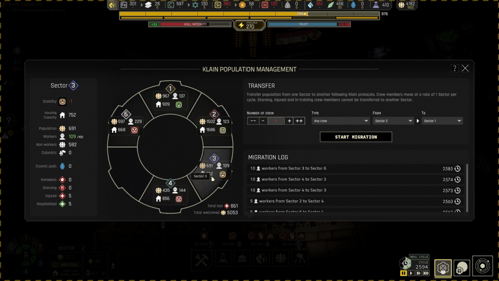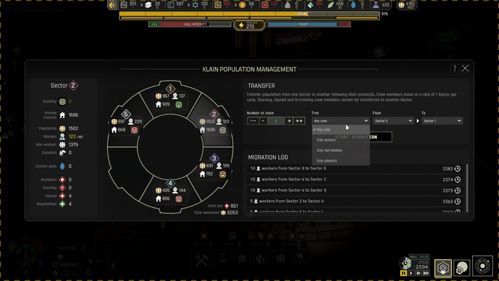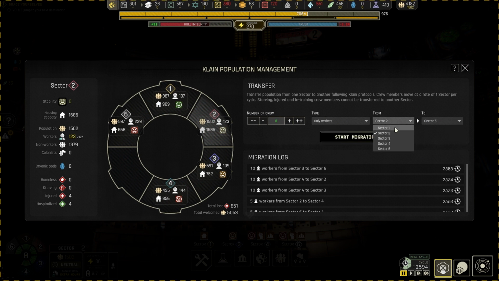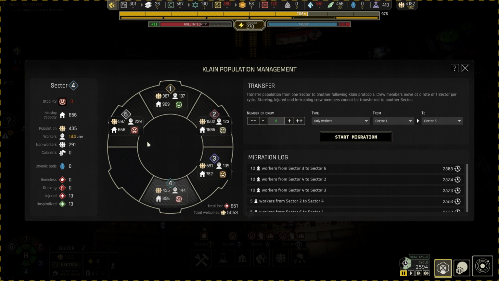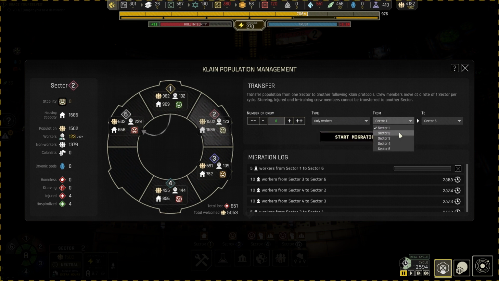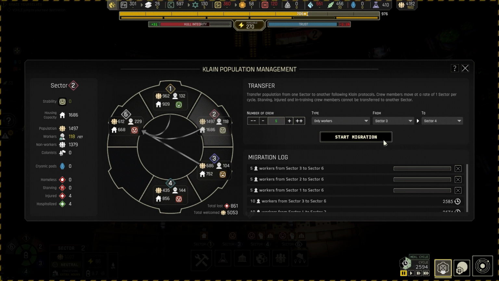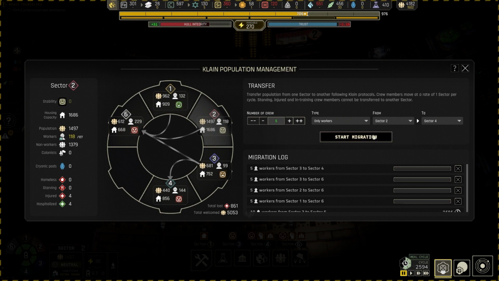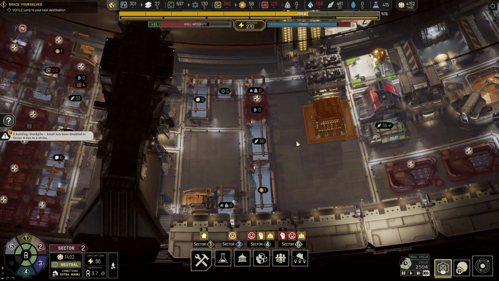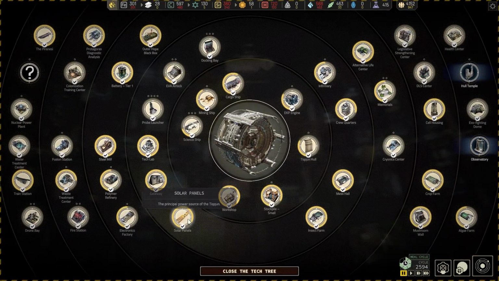Certain sectors need more workers, and we don't have enough cryopods because I've opened up a new sector, right? So 4 and 6 need workers. 4 and 6. So yeah, I've just been sending workers where they need to be, stuff like that. And a violent strike has started. Let's see if there's some happiness stuff we can...